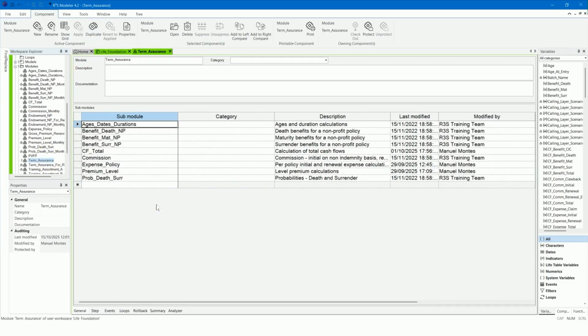Let's think about the differences between an endowment assurance and a term assurance product. Term products do not pay maturity nor surrender benefits. Therefore, remove the sub-modules Benefit MAT NP and Benefit SIR NP from the term assurance module.